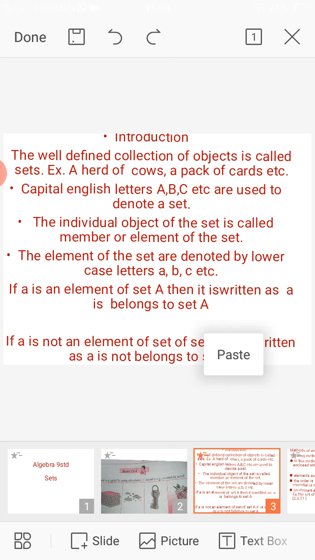If a is an element of set A, then it is written as a belongs to A. If a is not an element of set A, it is written as a does not belong to A.